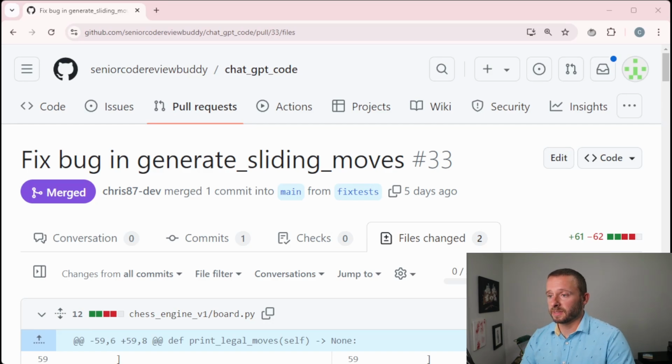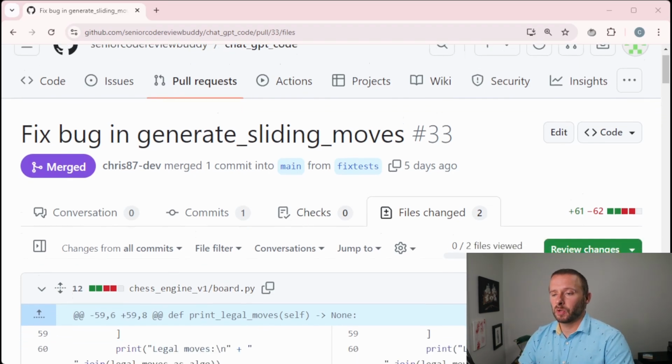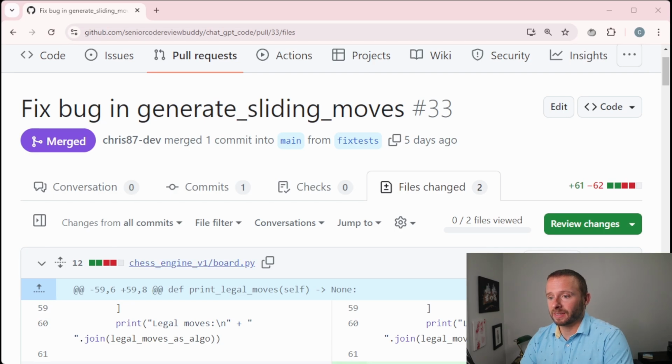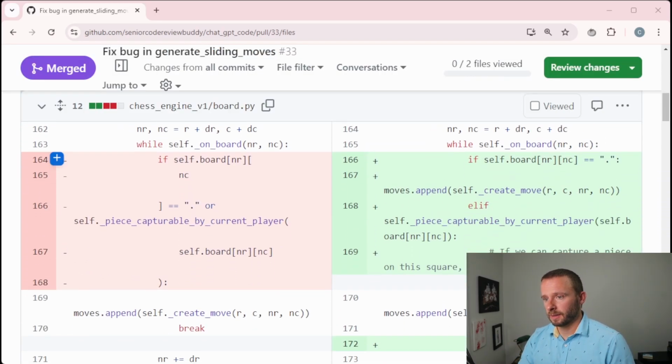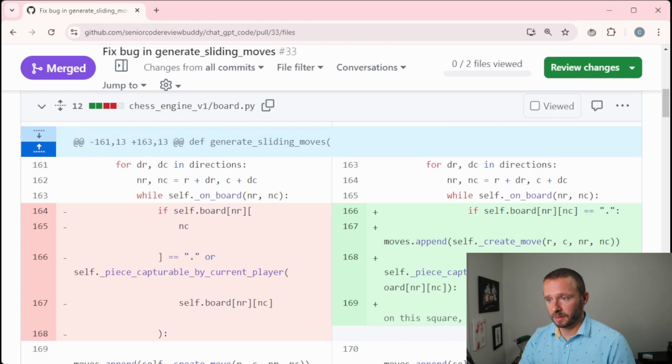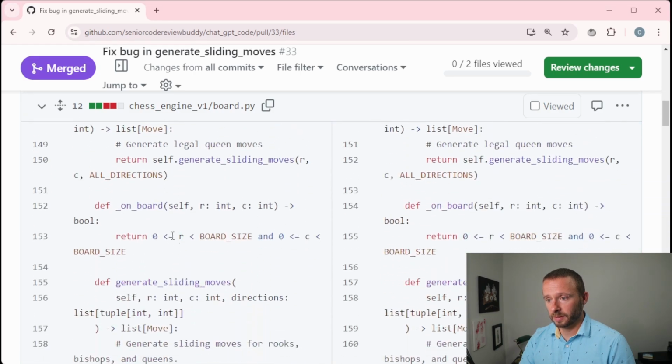And here we are, the last file that fixed our tests. And the first thing you can maybe notice is that the first file we've got here, it's not a test file. So there was an actual bug here that I needed to fix. The tests were failing because there was an error in our code. So if we go down, it's in this section around